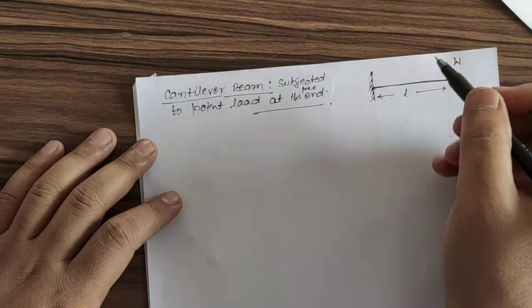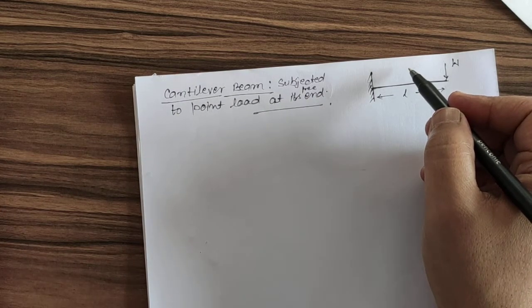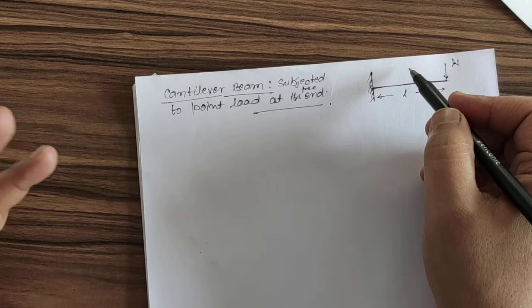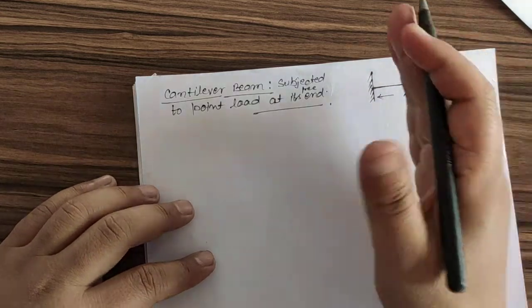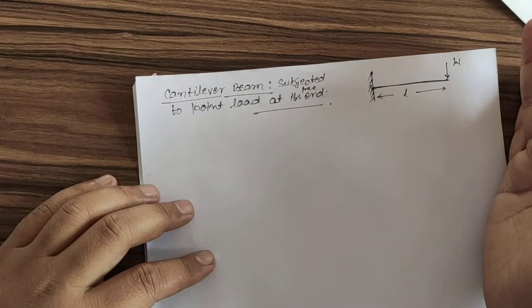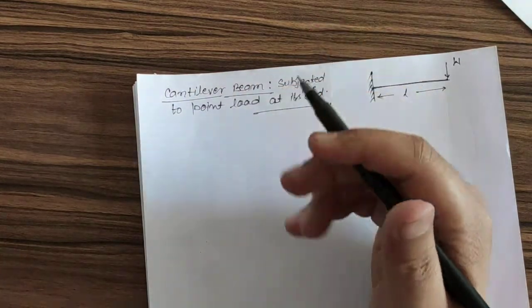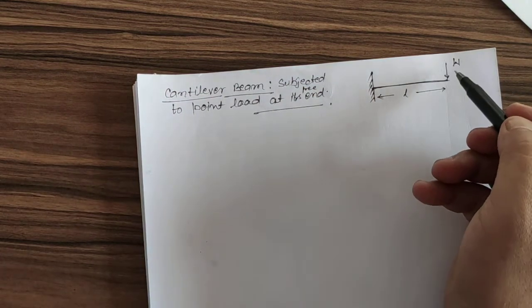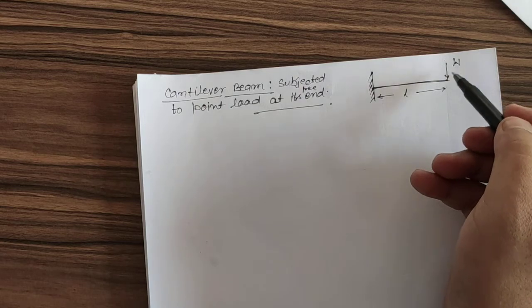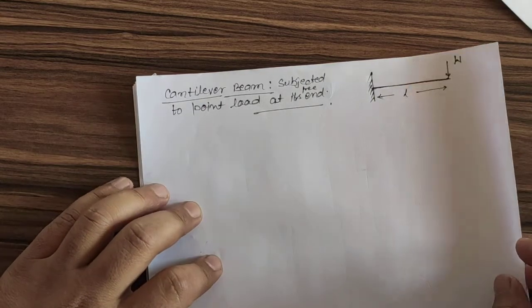Now, in case of a simply supported beam, we started solving our problem from the left hand side. First, we calculated the reactions, then we started solving. Now, in a cantilever beam, we will start from the right hand side. Why not the left hand side? Because at the left hand side we have to calculate the reactions, but while solving from the right hand side we do not require to solve for the reactions. We can directly solve our problem.